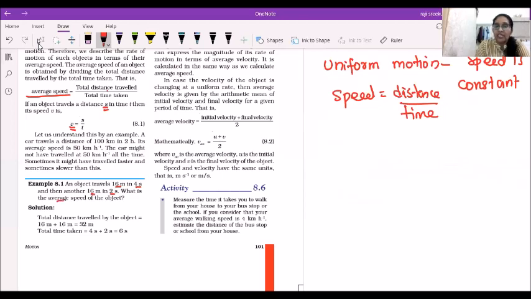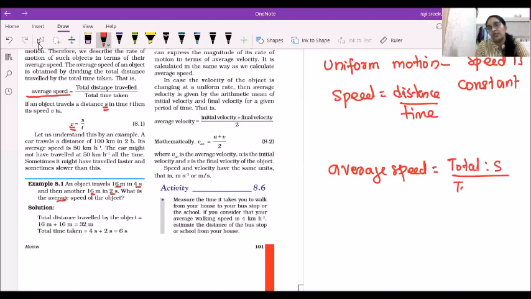Actually, it is covering the same distance, both times 16 meter. But the problem is that in the beginning it is taking 4 seconds and in the second section it is taking 2 seconds. So can you tell where the speed of the object will be more? You can see that this time, because it is covering 16 meter in just 2 seconds. What is the average speed of the object? How will we calculate average speed? Our equation is total distance divided by